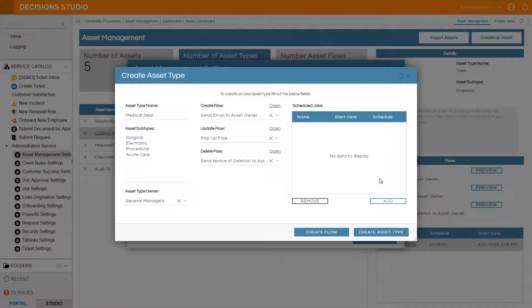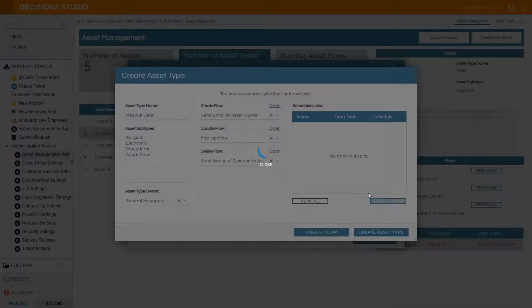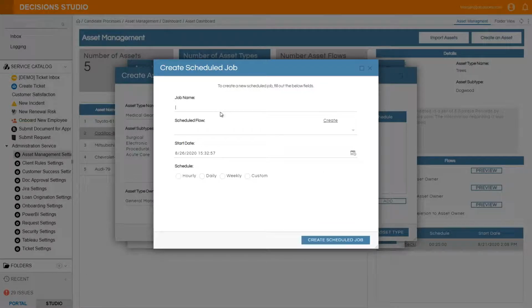And then that last big element that we're talking about, it's nice that you can create a custom job to schedule out at whatever time you need. So here's where you would actually configure that. You would just hit add to start making your new scheduled job. So we'll call it medical status check. And we'll pick our scheduled flow from this dropdown. If you need to create it, you can also create one from here. So we'll do another send status to owner. So this is emailing it to the asset owner. What's the status of that